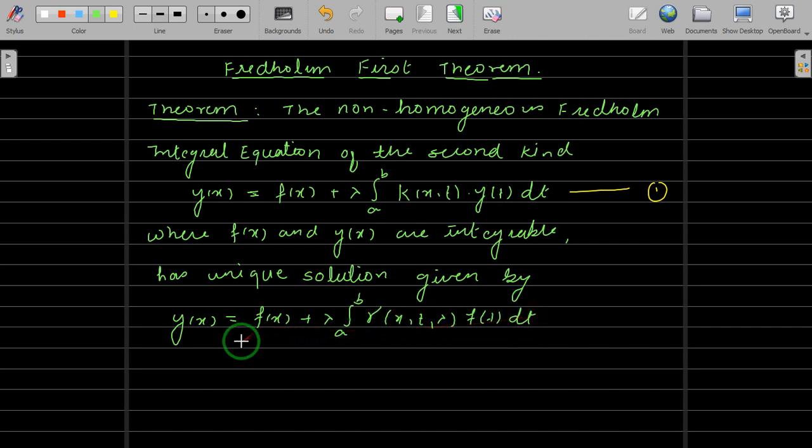And if you have noticed, in previous methods we have seen this form, where this gamma is called